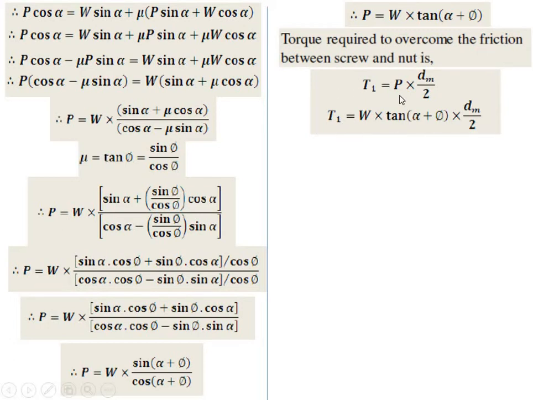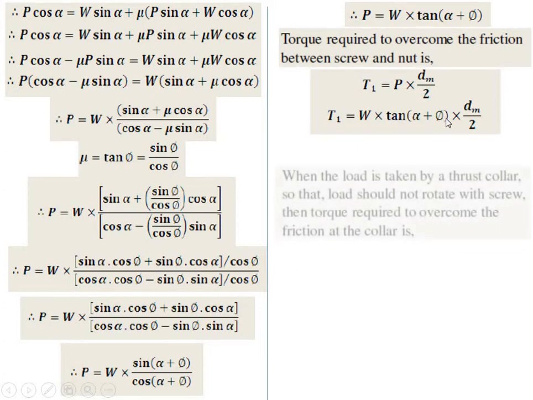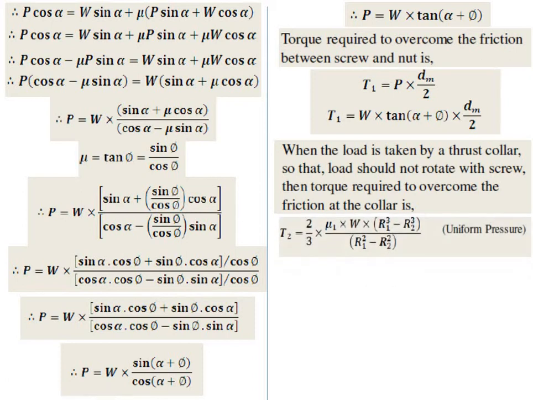Now T1 is equal to P into perpendicular distance, or the radius, and radius is nothing but diameter by 2. So torque is equal to effort into radius. So torque T1 is equal to effort, that is W into tan alpha plus phi into dm by 2. When the load is taken by the thrust collar, so that the load should not rotate with the screw, then